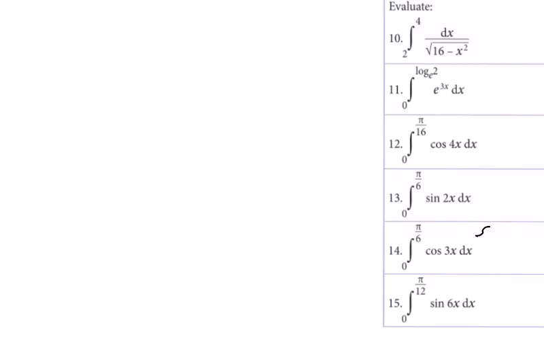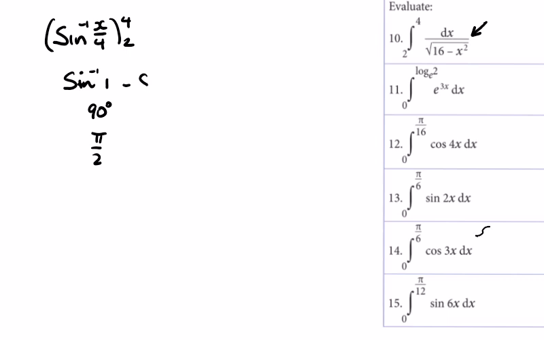These ones involve sine and other various things. So if we integrate 1 over the square root of 16 minus x squared, we get the inverse sine of x over a, x over 4 in this case, between 4 and 2. It's the inverse sine, so we get the inverse sine of 4 over 4, which is 1. It's going to be 90 degrees, or pi over 2, minus the inverse sine of 2 over 4, which is